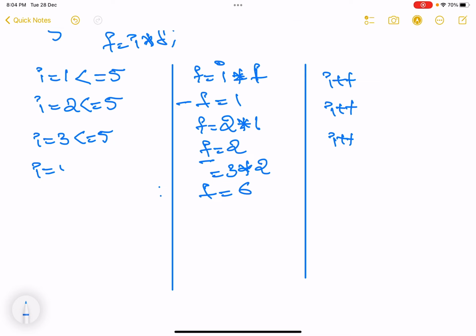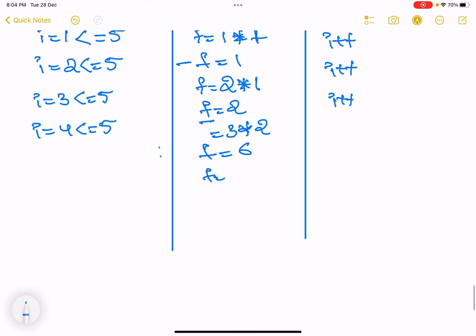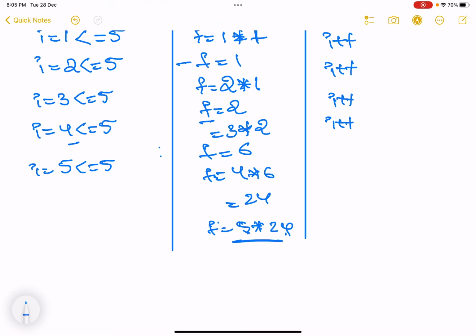Next I is equal to 4, which is still less than or equal to 5. f is equal to, I value is 4, 4 into 6, 24. Again I plus plus. I is equal to 5, which is still less than or equal to 5. So f is equal to 5 into 24. Correct? 4 5s are 20, 0 and 2 carry, 5 2s are 10, 120.